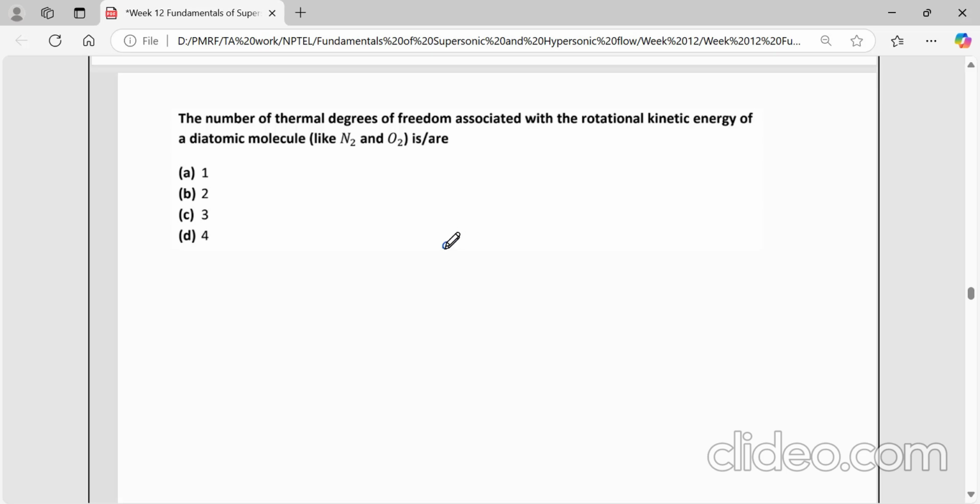So it is a diatomic molecule. There are 3 axes, x, y, z. It can rotate about the y-axis, it can rotate about the z-axis, but if it is rotating about the